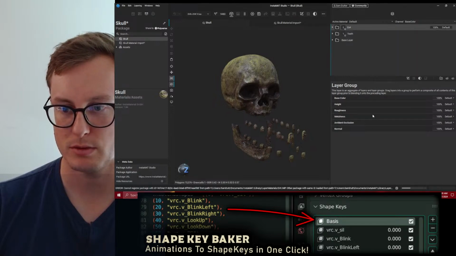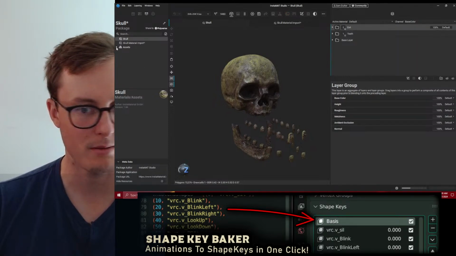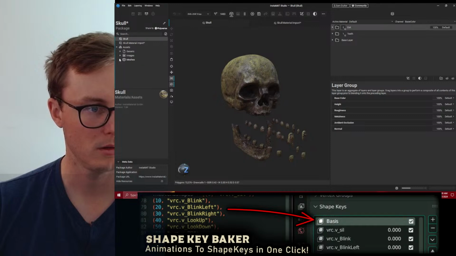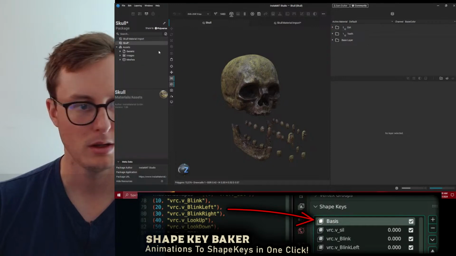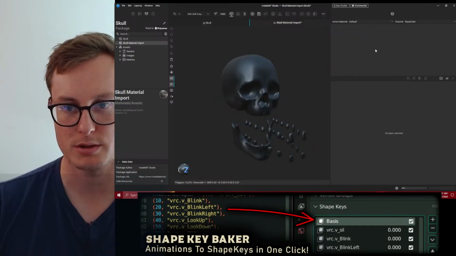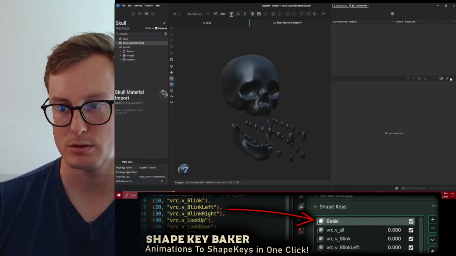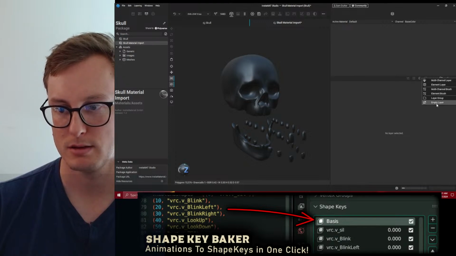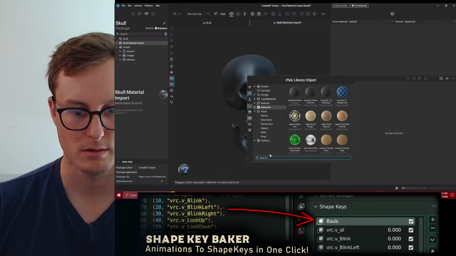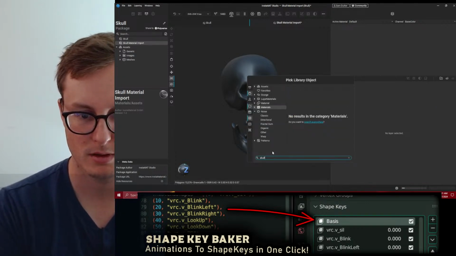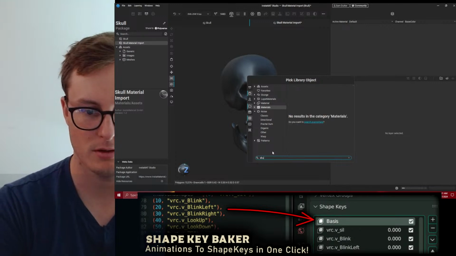We'll do add to library as prefab material. If I go back to my skull import, I should be able to make a skull.